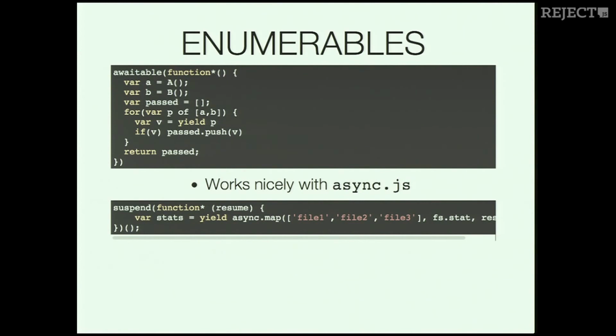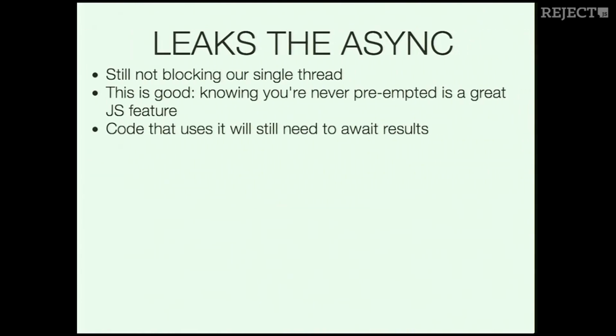Enumerable is pretty easy, just looping over arrays. And obviously, this all works with async as well, if you're using the callback style. Sweet. So, it seems like asynchronous code is a solved problem. Well, the last